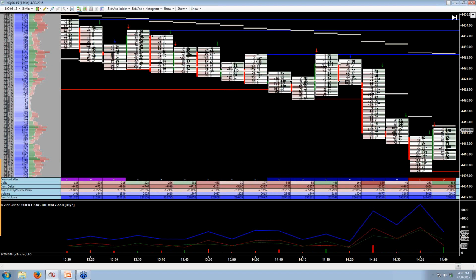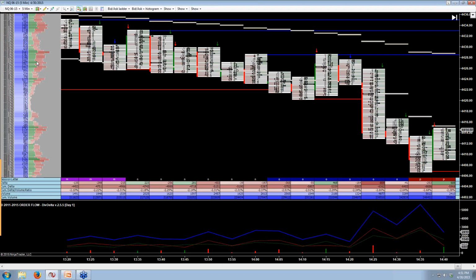These red lines, blue lines are pivot highs and pivot lows. You could trade those if you prefer as well. And then over here on the left, you've got volume also. And so how that's helpful is